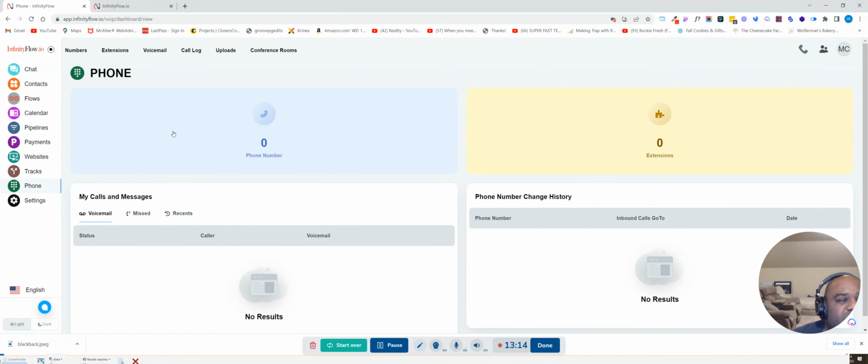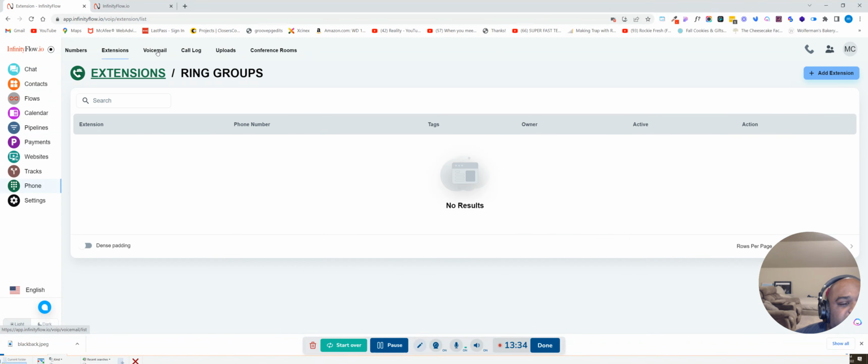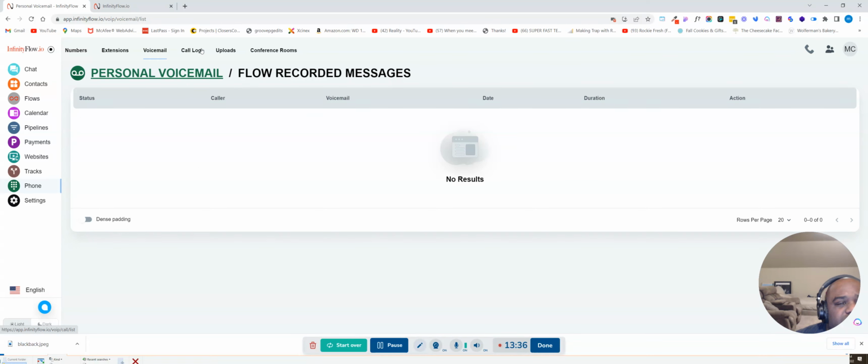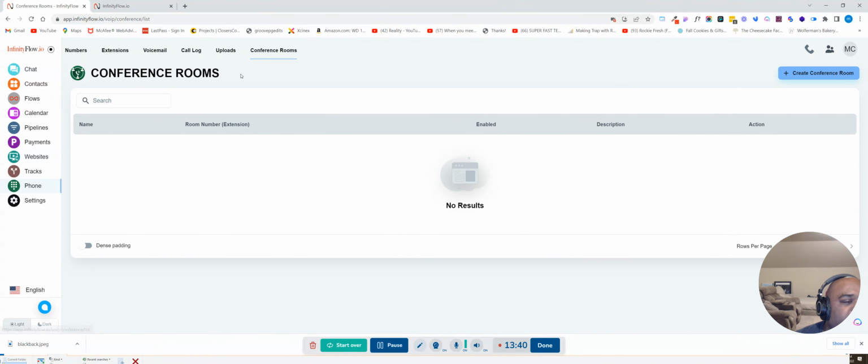And then you got the phone. You can create a phone number. Like phones is like $1.05 a month to get a phone number. You got different numbers, which I don't have a number under here yet because I haven't used this feature yet. You got extensions, voicemail, call logs, uploads, conference room,